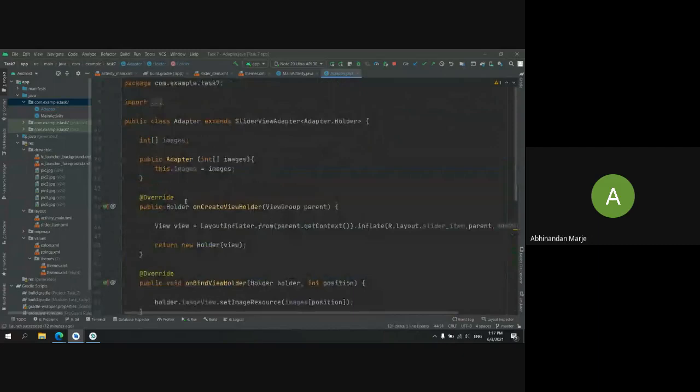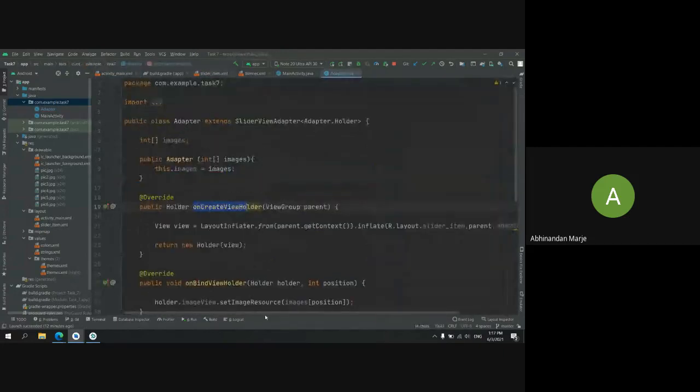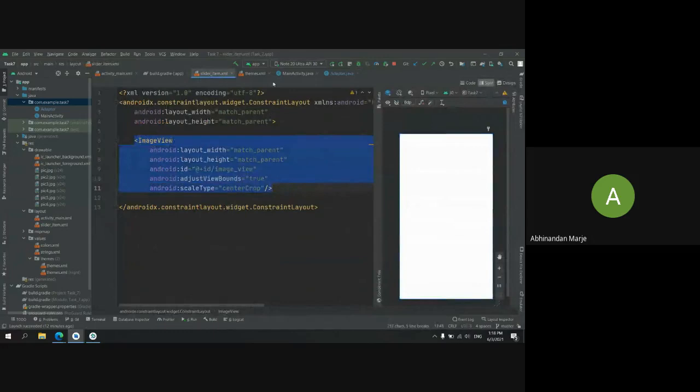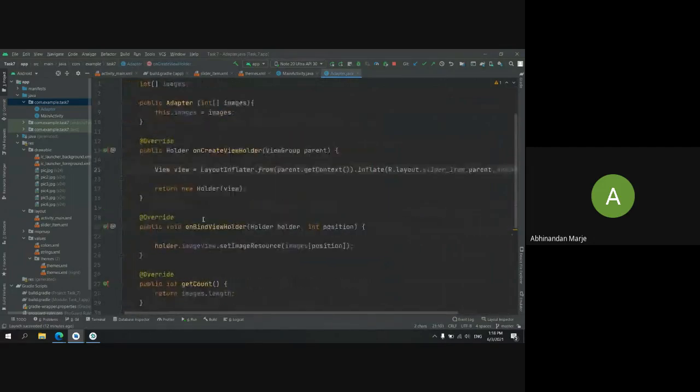I come back to my onCreate method. First, I will just create an array list name. Then in my onCreateViewHolder method, I will connect this activity main XML file to my slider item. For that, I will do a View using LayoutInflater from parent. By parent, I will get this layout, and then I connect it with inflate to the slider item, which is the external XML file I have created. Just pass the parent and false as your argument list, and return the view holder view.